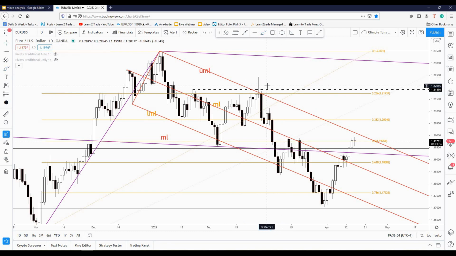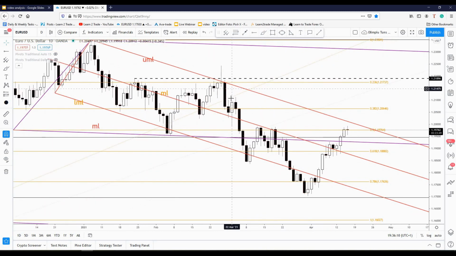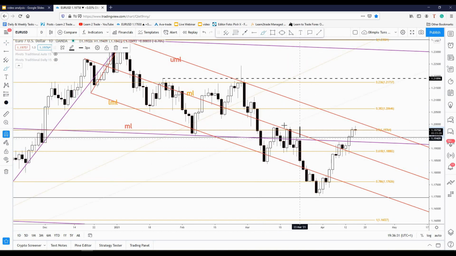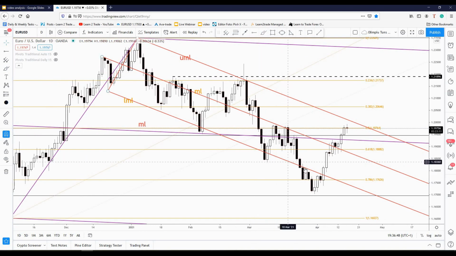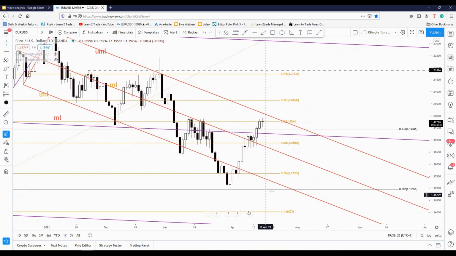This pin bar here, this false breakout, signaled a potential sell-off. As I've told you earlier, the price decreased and dropped again below the medium line with the target at the lower medium line. Here a false breakdown, also a false breakdown below the 61.8, then a rebound and a retest of the medium line, and here we have another confluence area at the intersection between the medium line and the 50% retracement level. False breakout, rejection, new sell-off, and the price dropped also below the lower medium line, trying to reach the major